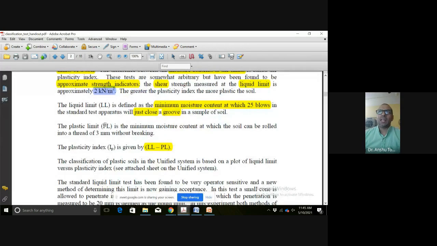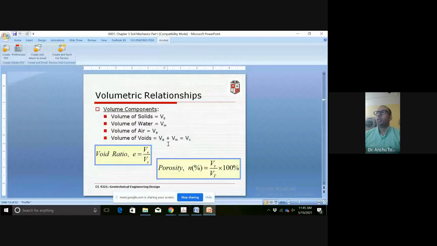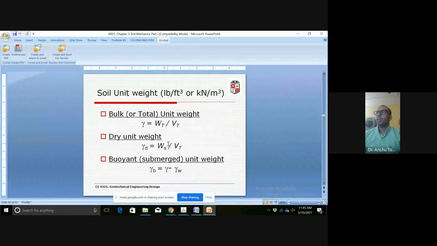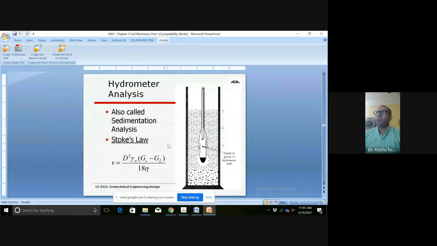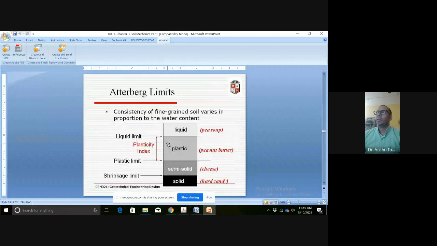What is the plastic limit? It is the minimum moisture content. Minimum, as in, we keep adding water. Before that, it doesn't close, it doesn't move at all. So at a certain limit, as I have already shown you the other day, there is a very fine gap. We can see here there is a straight line, there is not a zone. Zone नहीं है, एक straight line है.